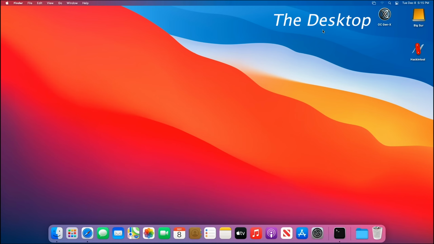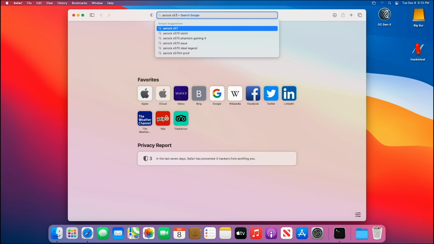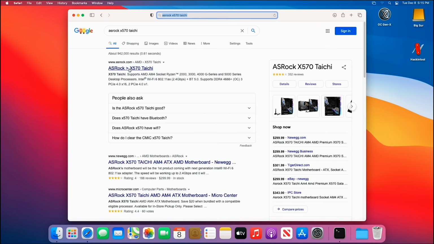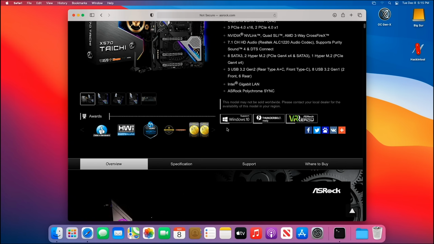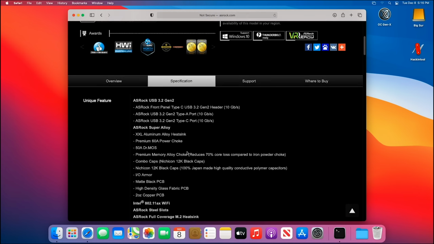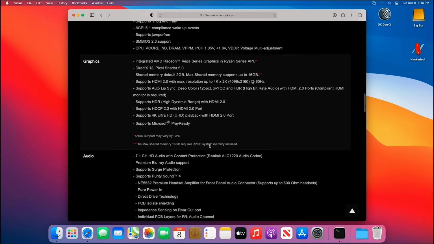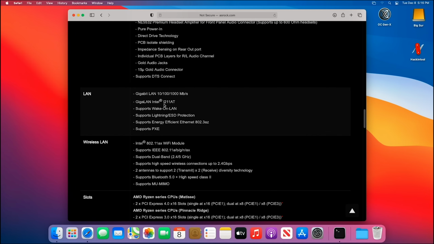Now, the next thing that I always do is I go to the internet and I look up my model of motherboard. So this is the ASRock X570, and it is that one right there. And I go to the ASRock site, and what am I looking for? I am looking for what Ethernet LAN chip they're using. So I just scroll down here, and I get to here, and they're using the i211, okay? Now,